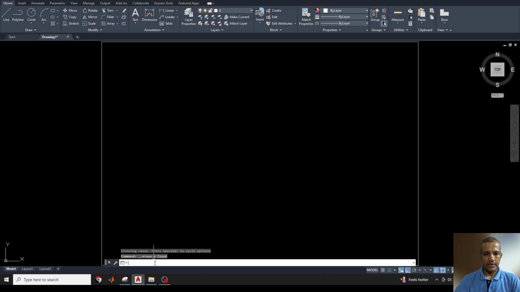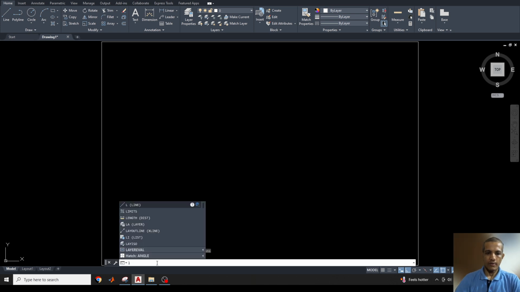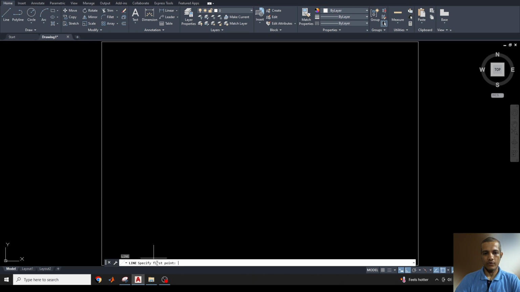Apart from that, we can type only L here in the command bar. If you type L, then what is it asking? Specify the first point. We need to enter the first point. So I can click the first point here, or else I can type the first point, suppose 40, then tab, how much is visible, 164 on its own, take it 100, and I'll enter. That means